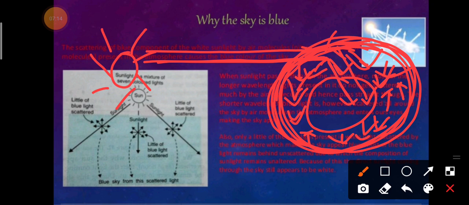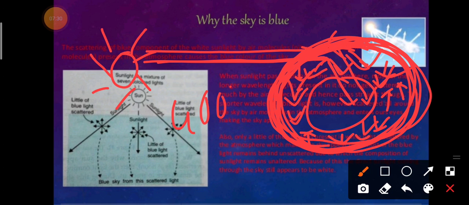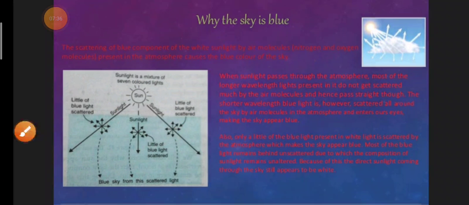So obviously, theoretically the sky color should be violet, because violet has the shortest wavelength, which is 4000 angstrom. So we know that violet, indigo, and blue are present in the atmosphere. So why is the color only blue? To understand this,